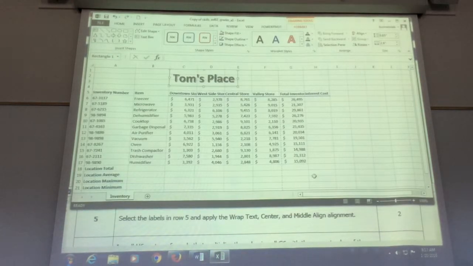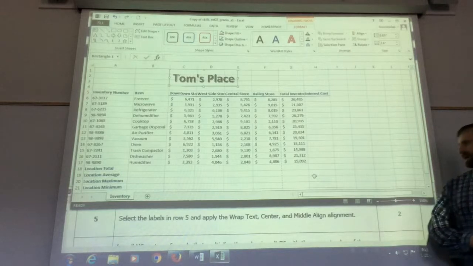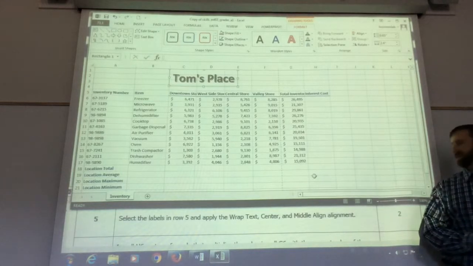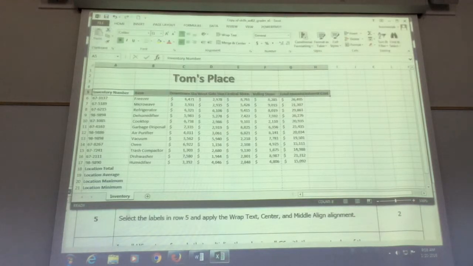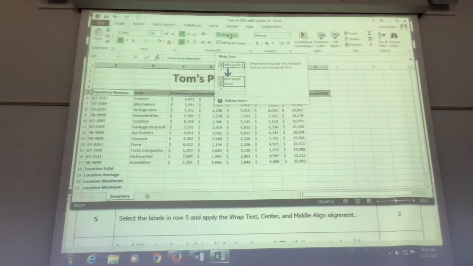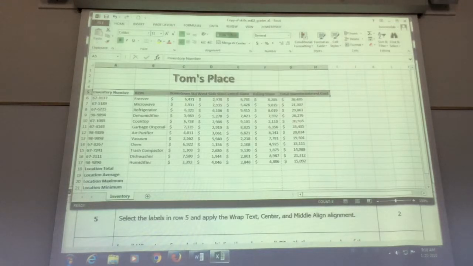It says select the labels in row 5 and apply the text wrap, center, and middle alignment. So if we look at row 5, all of these are considered our labels. So we'll highlight A5 through H5. And then if you look right here is the wrap text. So click the wrap text there,